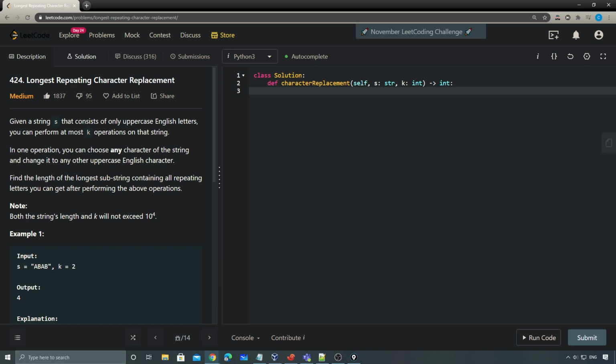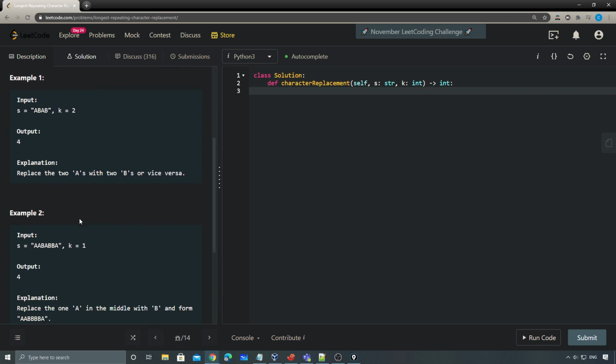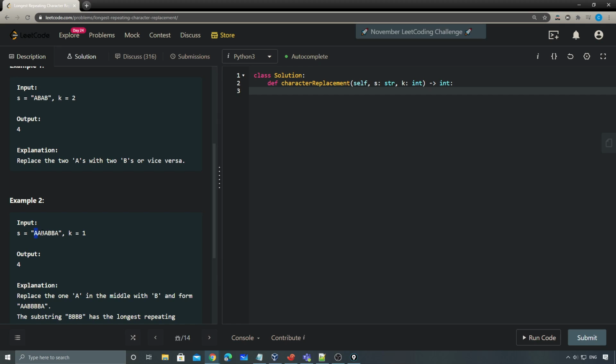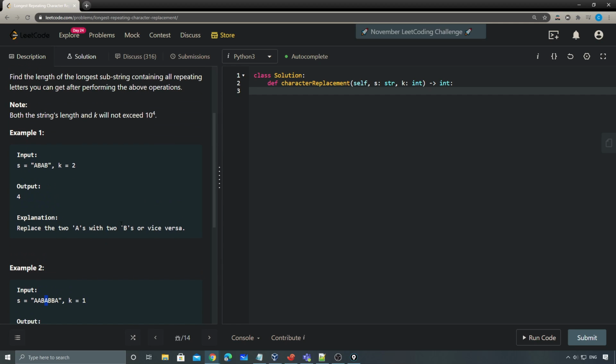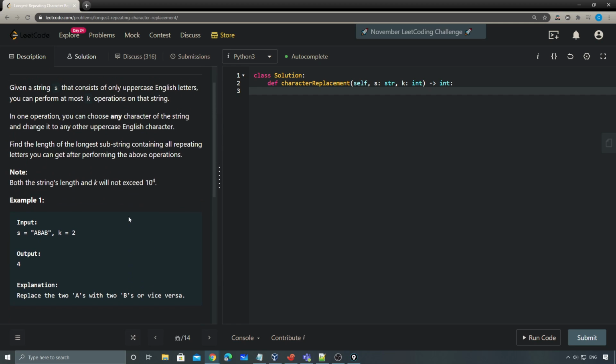So the first thing I abandoned was the greedy, because obviously there's no such greedy approach here. It depends on the relative positions and what's before the current one and what's after the current one. So there's no clear greedy approach for this problem, and I just abandoned the greedy one. And then between the DP and the sliding window,